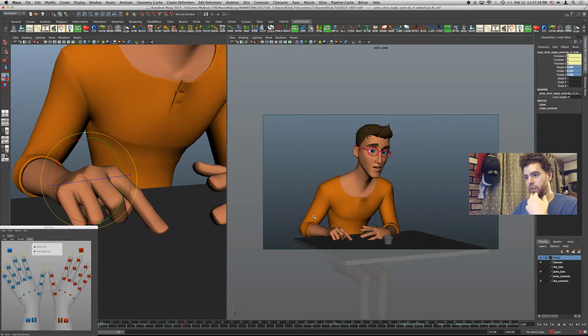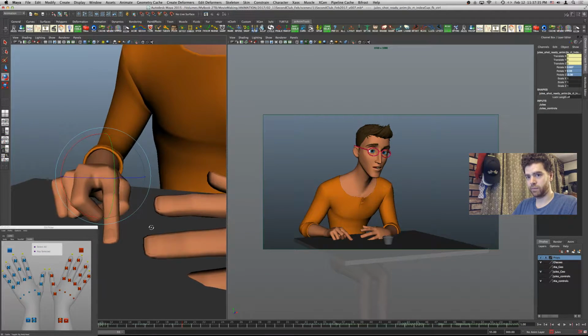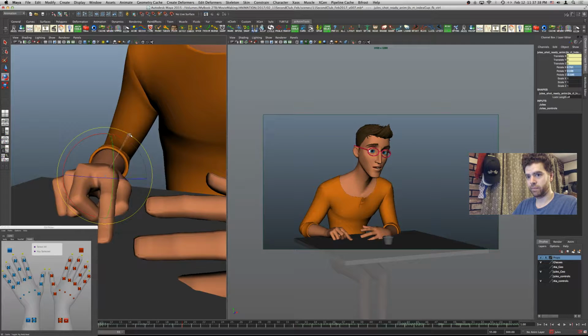Turn off the manipulators. Okay, I'm going to leave that.